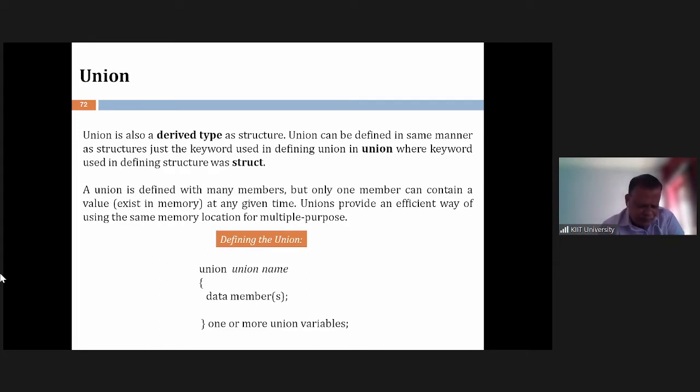Similarly, if you look at the definition of the data type, both are the same. There, we start with struct, the name of the data type, not the name of the variable, followed by brackets, and inside the brackets, the data members. Same thing is here. The only difference is that in place of struct, we write union. But the difference here is that